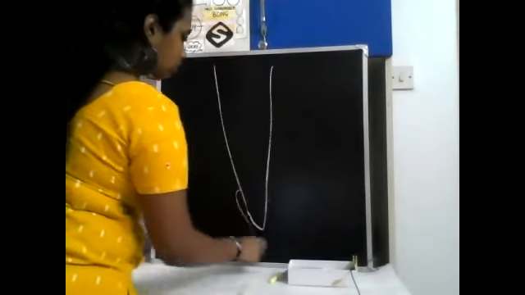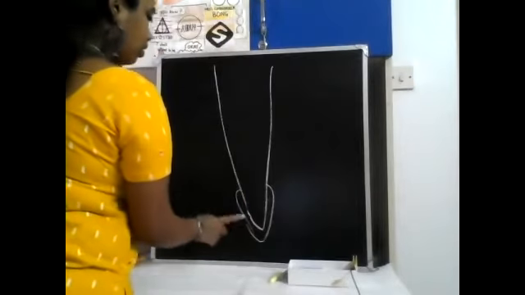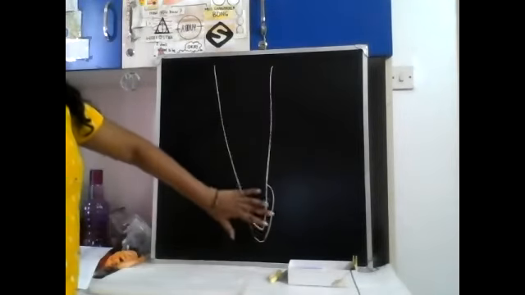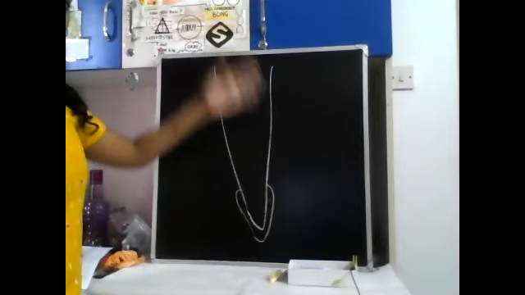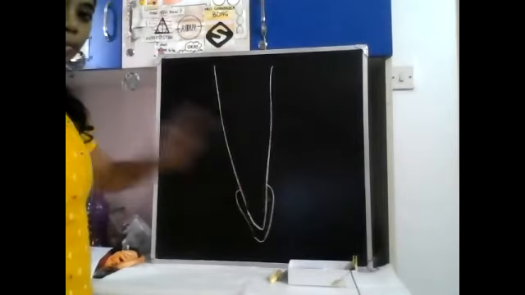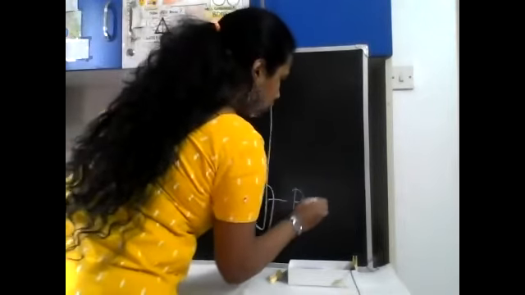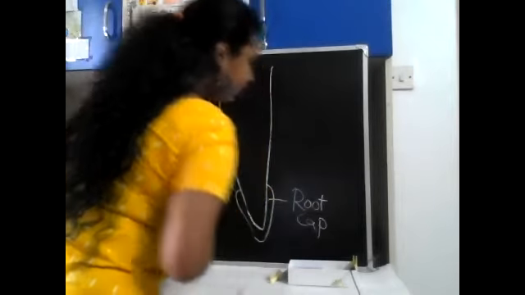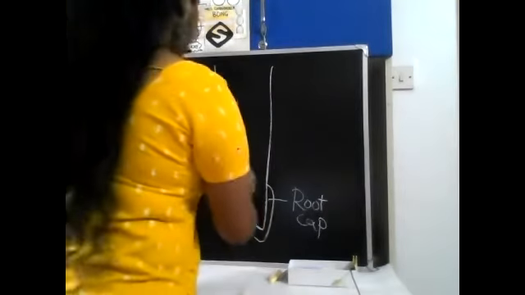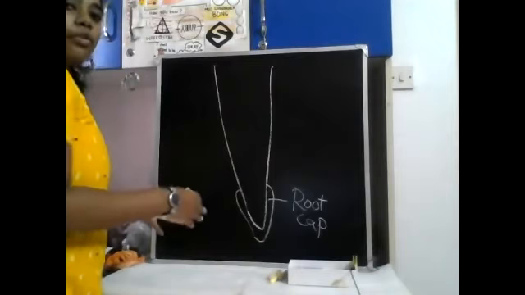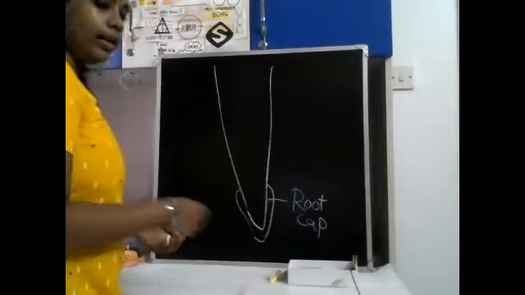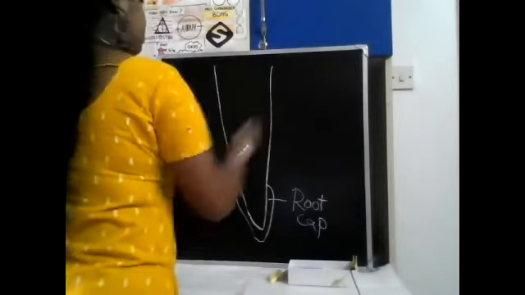So if I take this to be the tip of the root, okay, the tip of the root will always be protected by a small cap-like structure. Imagine this is a section of the tip of the root, and it is covered by a cap-like structure. So this is called root cap. And why is this protection needed? So in the tips of the roots and in the tips of the shoots, and you see in nodal regions, which we'll learn later, in these regions you have special cells,